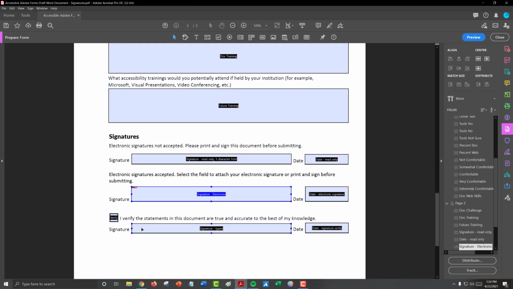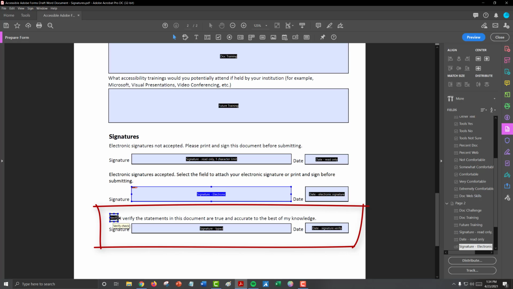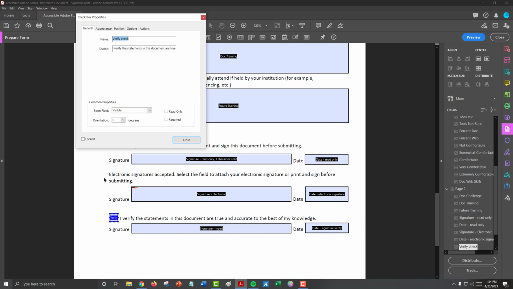Another option is to provide some sort of verify statement, and you can use this with a checkbox form. In this third example here, I have the statement, I verify the statements in this document are true and accurate to the best of my knowledge. And then I provide a signature text field and a date field next to it. When I configure the multiple checkbox, I can add that statement to the tooltip.